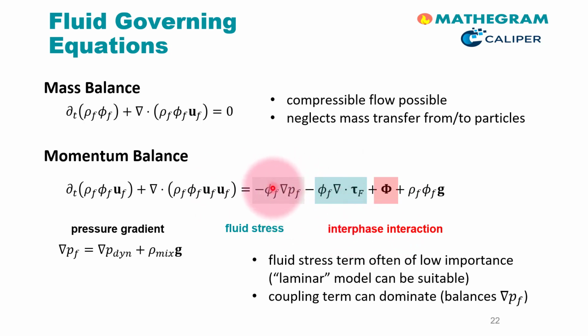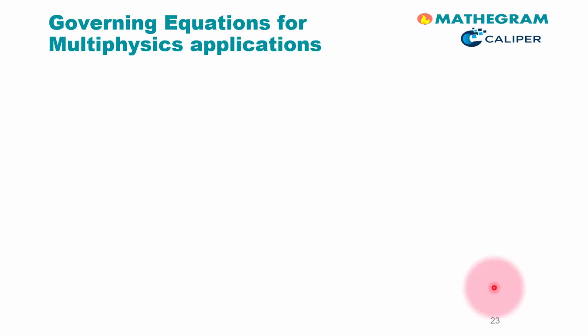It is hence often important to make good predictions about the interaction forces, and the flow solver should then calculate a correct pressure field. Last, we have the gravitational term. Please note it contains the fluid density and hence in gas particle systems might be small compared to all the other terms. That is it already for pure flow, and we transition to the next topic, which are the governing